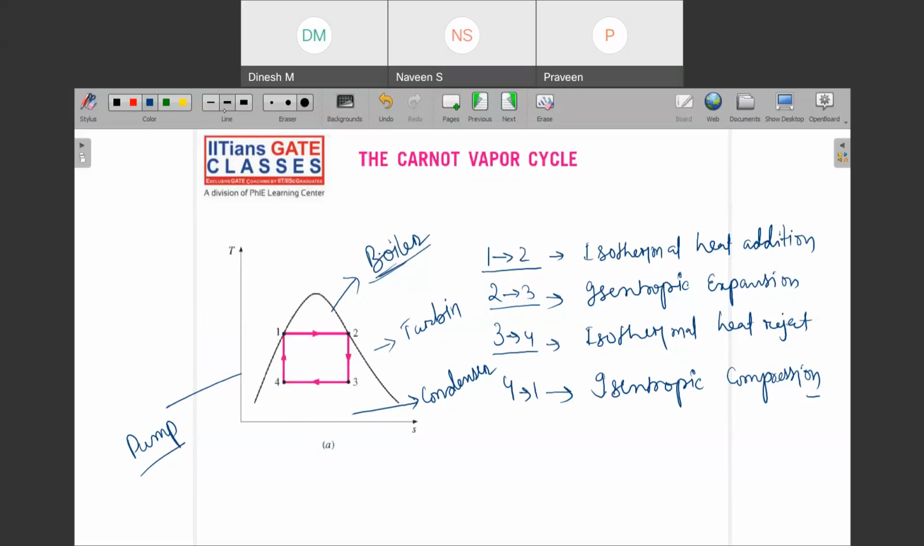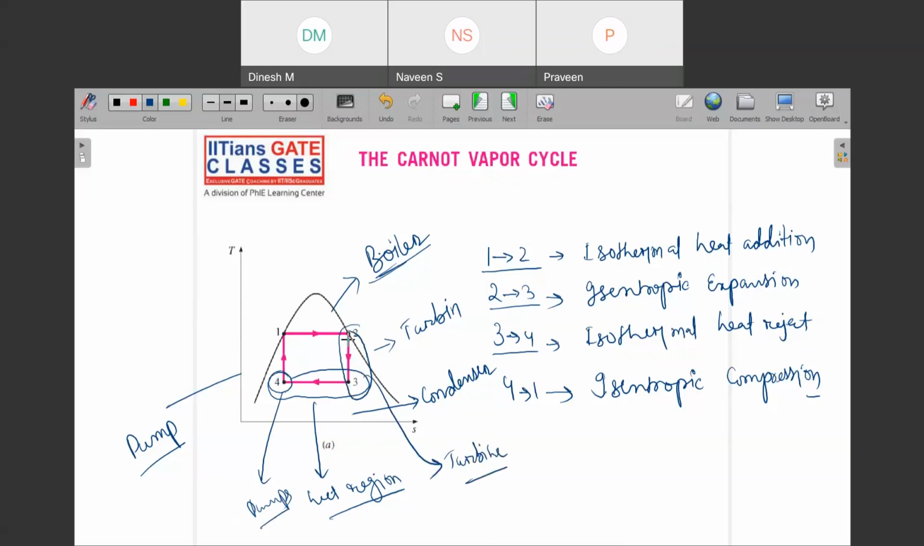So can you see here that we are working in which region? Wet region. This is wet region, right? So it is difficult to work in wet regions for whom? For pumps. And there is one more thing: when you are in this region, from 2 to 3, then you are working with whom? Turbine. And can you see that here you have wet region? Wet region means what? At 3,